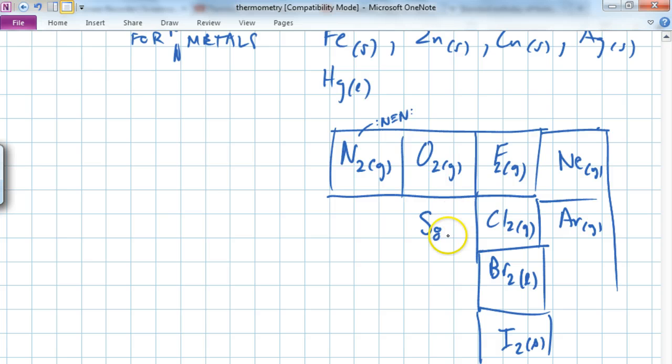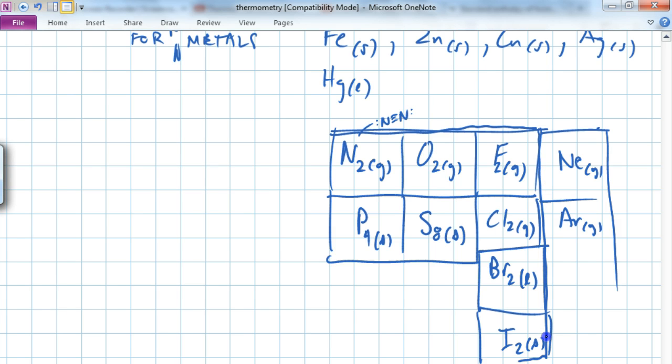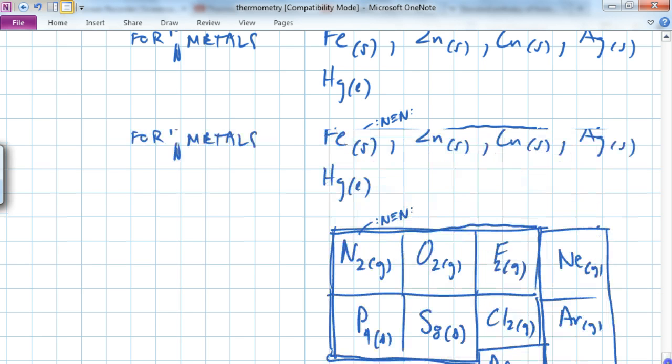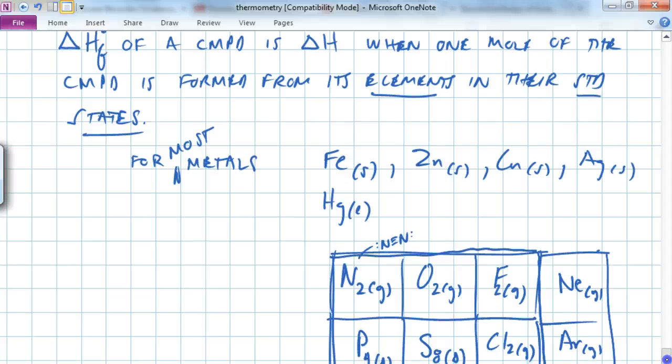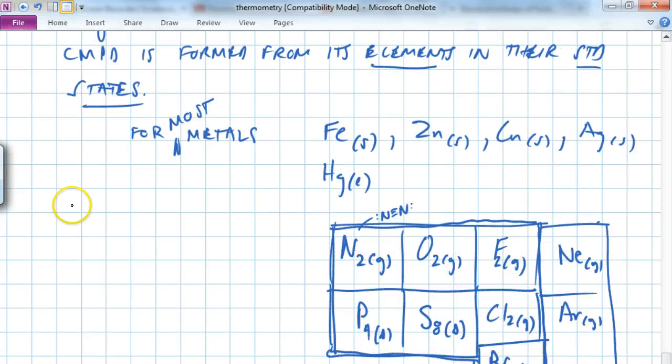Sulfur is a solid, and it's S8, which is kind of weird, and phosphorus in its standard state is P4, solid. So you should memorize these, in particular these diatomics and then sulfur and phosphorus, so that you know how to recognize when they're in their standard states, because recognizing an element in its standard state will become very important, because delta